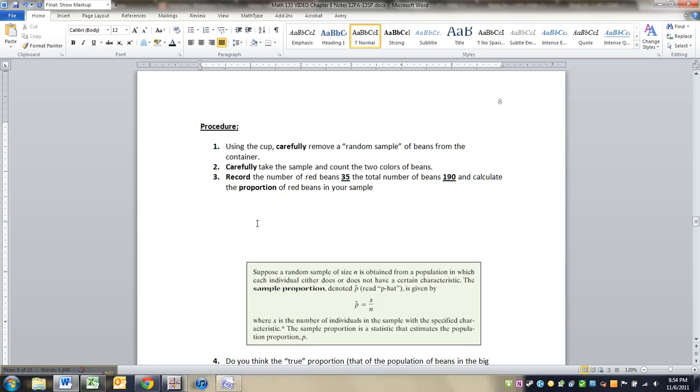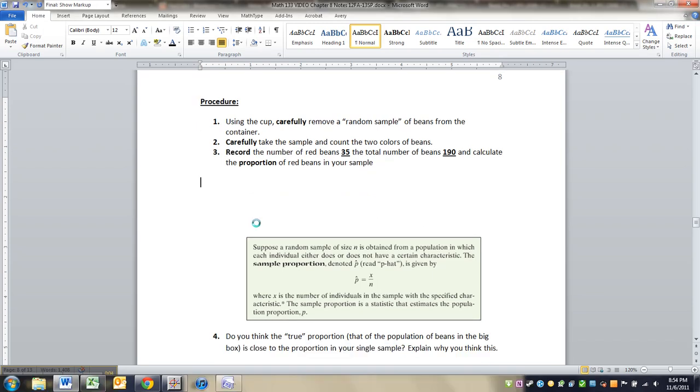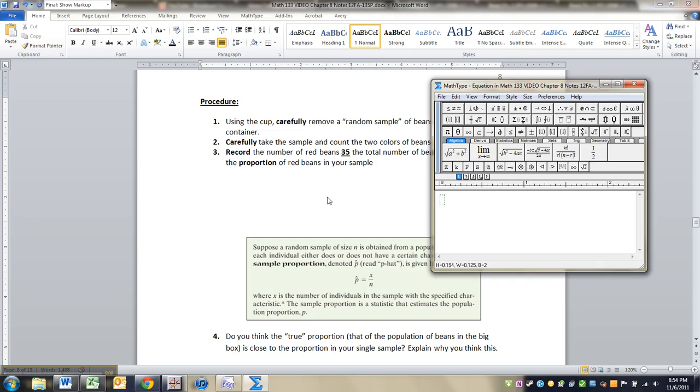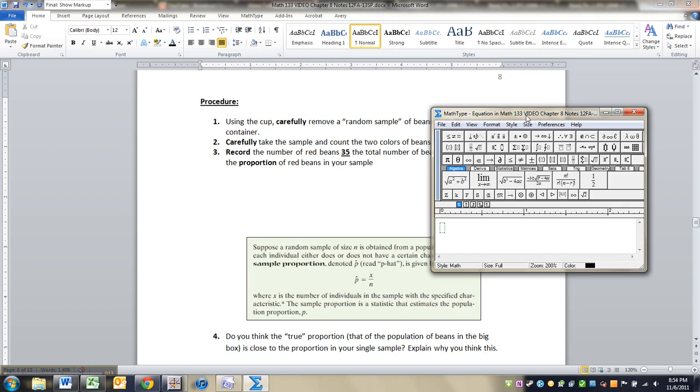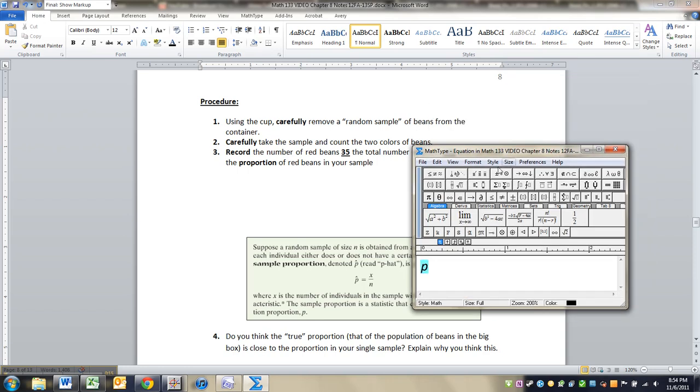Okay, so what proportion is that? If it's 35 divided by 190, that's equal to the sample proportion, which the formula for is right there. So P with a little hat on it, P hat, is what that's called, it's the sample proportion, and it is equal to X over N, which is equal to 35 divided by 190, which is equal to,